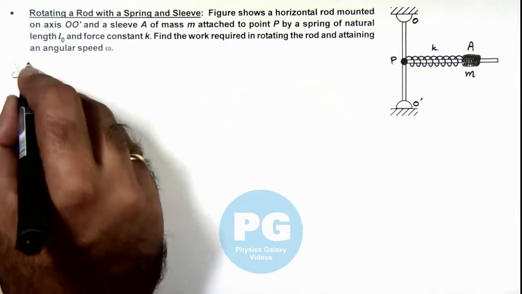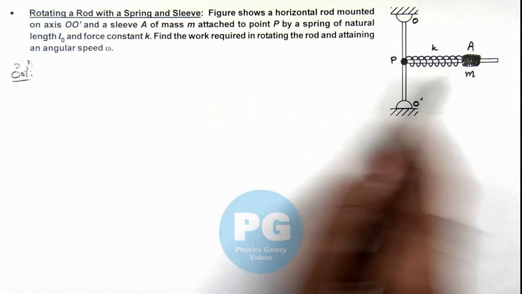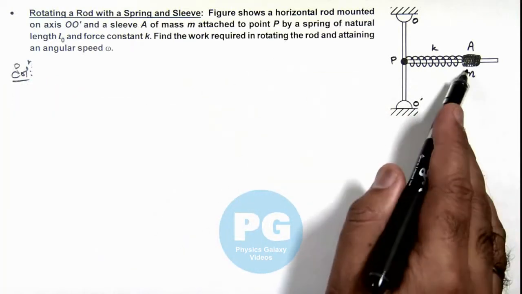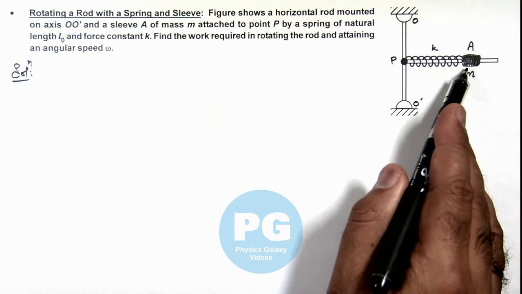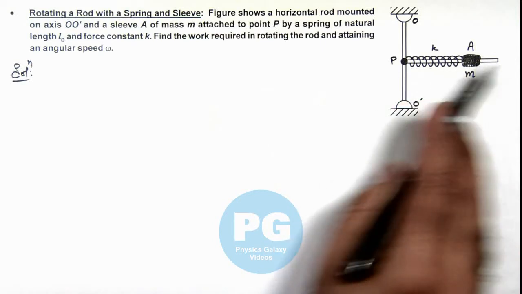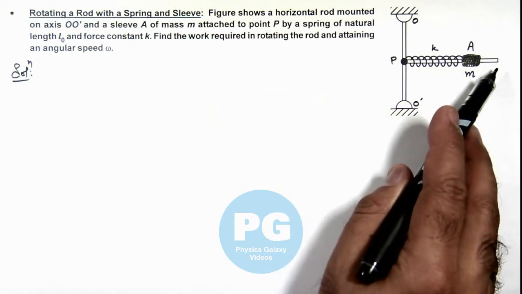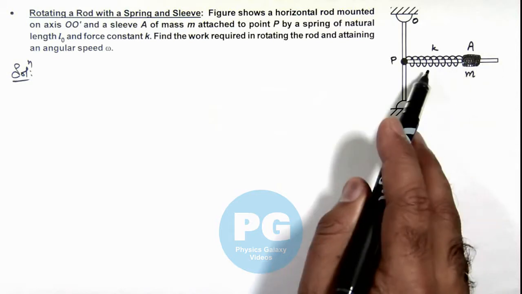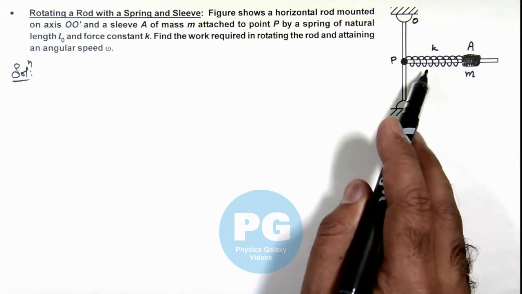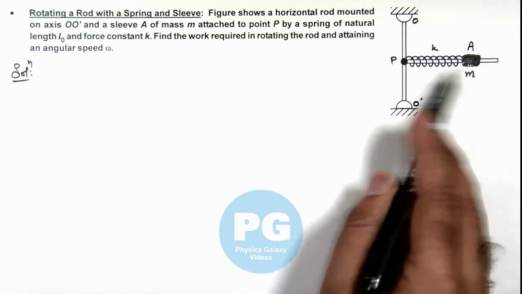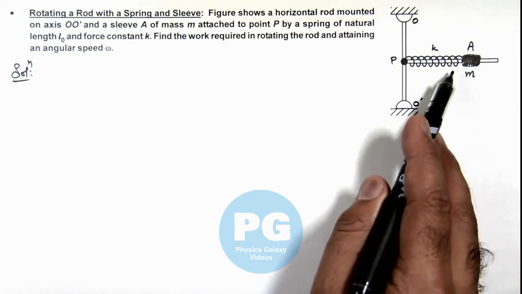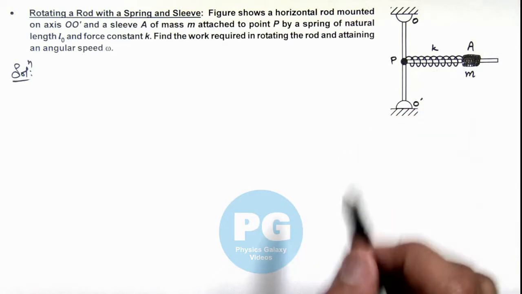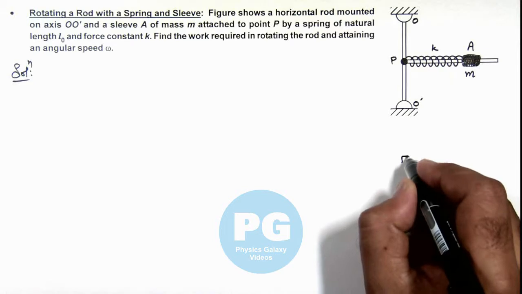Here we can see when the rod will rotate, then the speed when it is attained by the sleeve, it will experience a centrifugal force in outward direction in the reference of this rod. And here we can see the spring force will balance the centrifugal force acting on it. So in this situation, we can draw the free body diagram of this sleeve A,